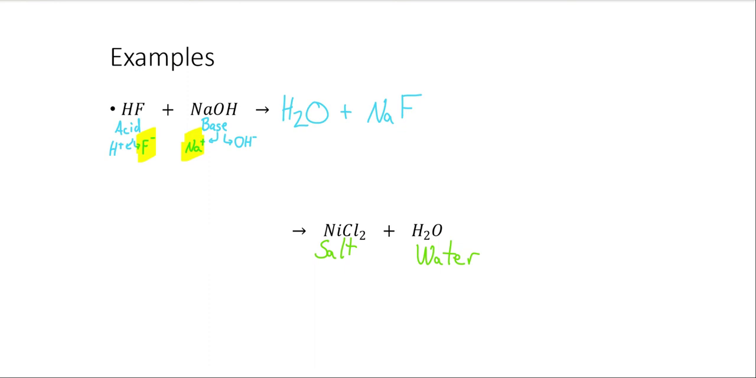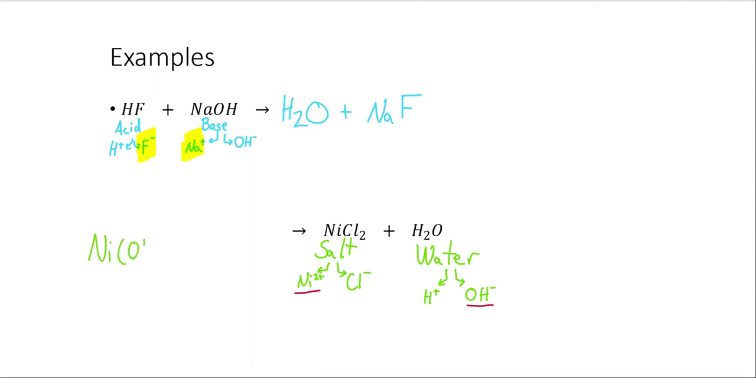Now, working backwards might be a little trickier, but it's still doable. The salt is going to break into its parts. There's nickel, which has a 2 plus charge in this case, and there's chlorine, which has a 1 minus charge. What does the water break down into? It breaks down into hydrogen plus ions and hydroxide ions. Now we ask ourselves, okay, which things will combine? Well, the nickel plus ion can combine or can recombine with the OH minus ion. That would make